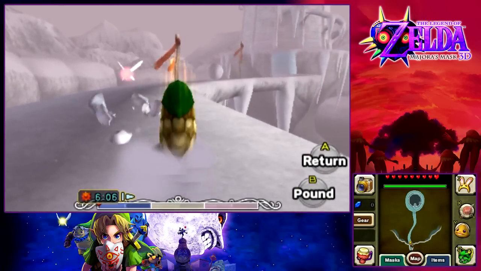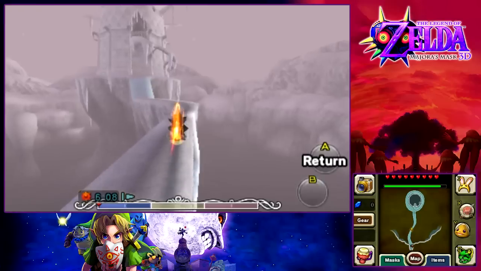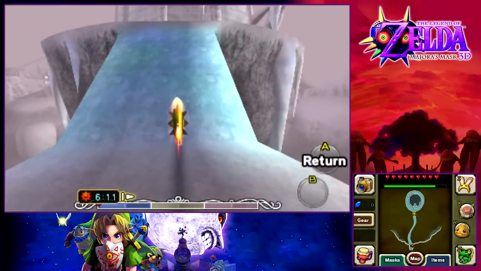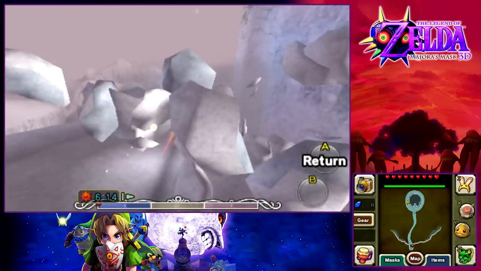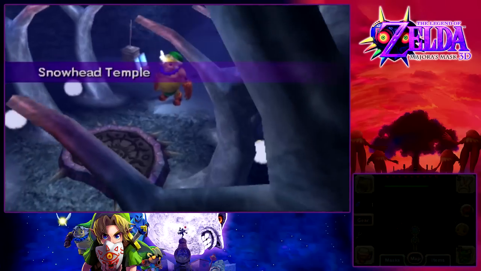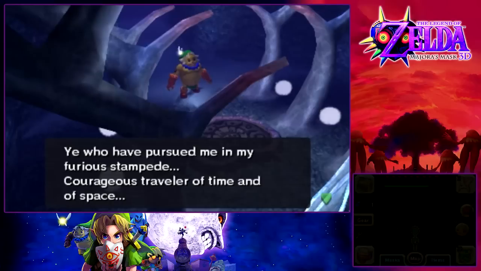Anyway, so as you can tell, it's obviously winter again. That's because when we reset the time, everything we did basically is reverted. So we have to go back to Snowhead and defeat Goat one more time to get spring back. And the cool thing about Majora's Mask is once you re-enter a temple where you already have the remnants of one of the bosses,